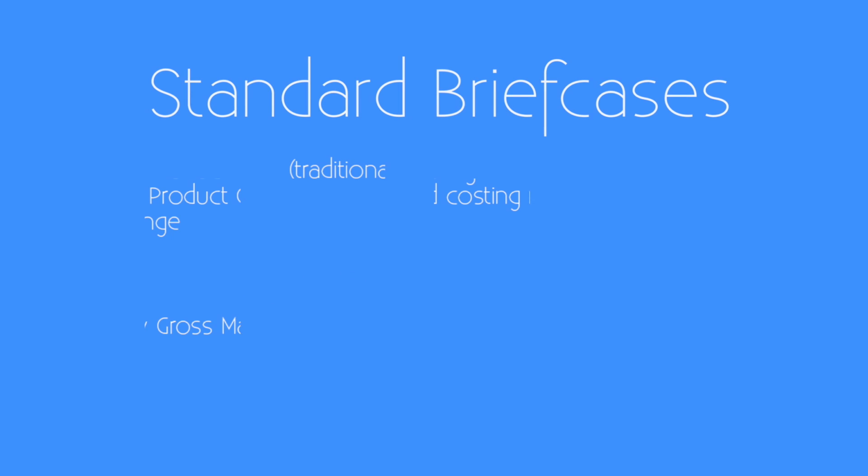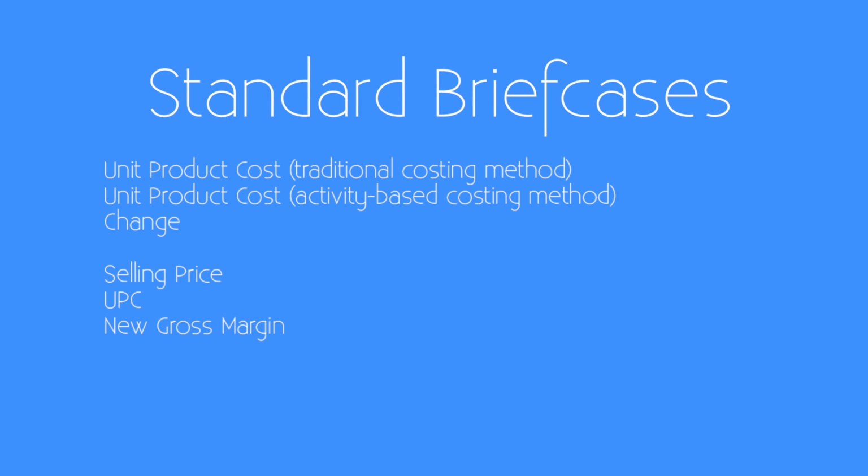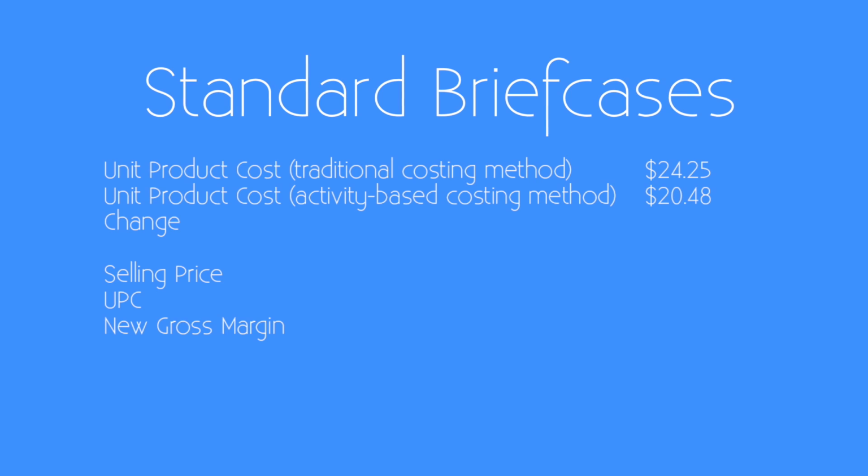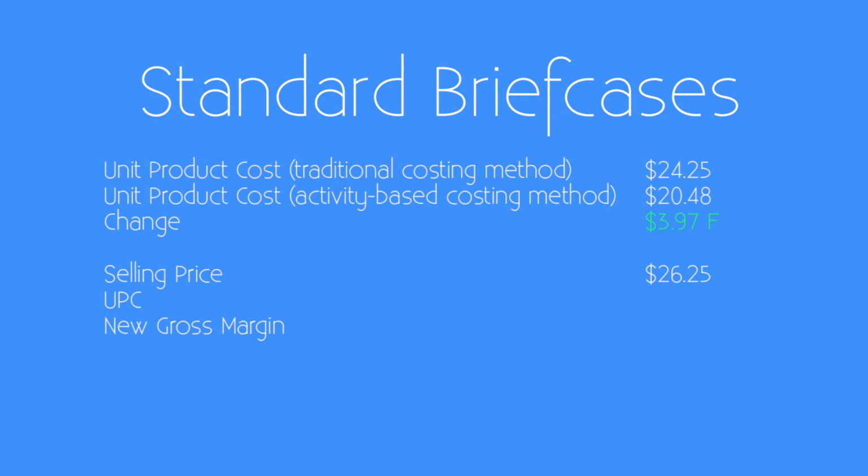When using traditional costing methods, the unit product cost of standard briefcases was $24.25. This cost dropped to $20.48 when using ABC. If the selling price was kept the same, this drop in production cost will yield $3.87 more profit, raising the total profit margin to